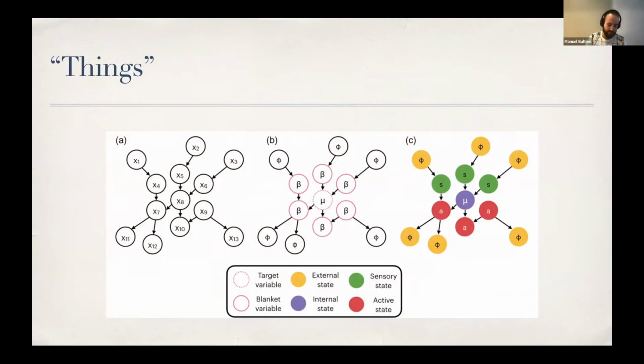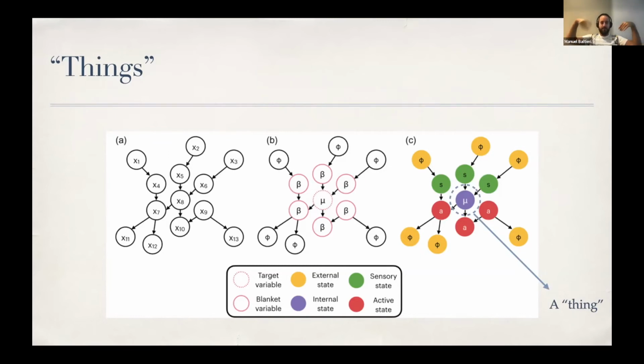If we start with some graphical model, after choosing a particular target variable, I can find the blanket for the target variable and say that everything that is not part of the blanket is external. In purple on the right, we see the thing, and in green and red we see the blanket that is organized by sensory and active states. Sensory being